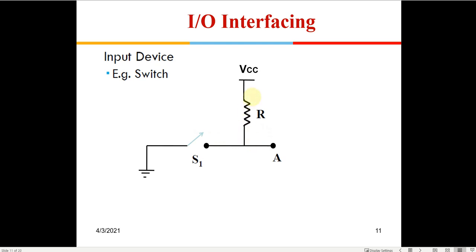You might be thinking, why have a resistor in this arrangement rather than just a VCC and a switch, and leave it like that? In that case, when you leave the switch open, this terminal will be hanging. When it is hanging, it need not be 1 or 0. That depends on whatever stray charges are available at that node, so that could induce noise.